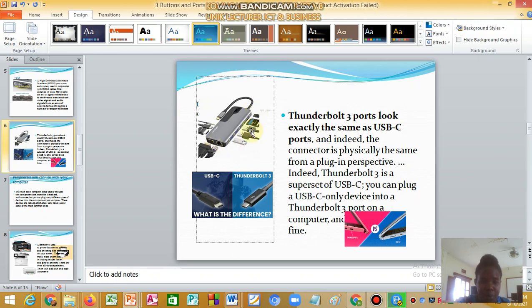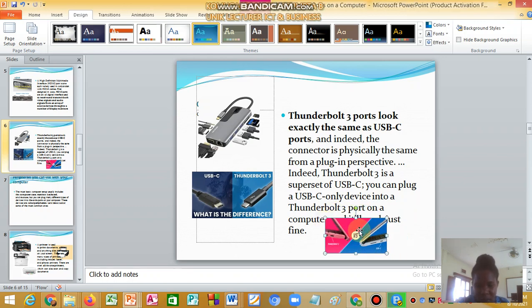So you have to specifically look at your device and what you're given. This is a USB-C and this is a Thunderbolt. They are almost the same but not the same. A Thunderbolt 3 port looks exactly the same as a USB-C port, and indeed the connection is physically the same from a plug-in perspective. Indeed, Thunderbolt 3 is a superset of USB-C. You can plug a USB-C only device into the Thunderbolt 3 port on a computer, just like you see in this